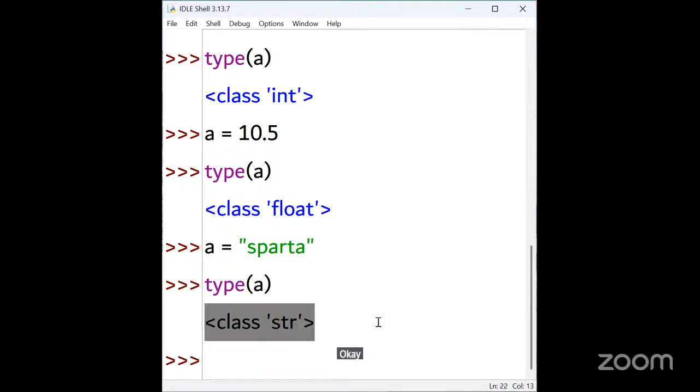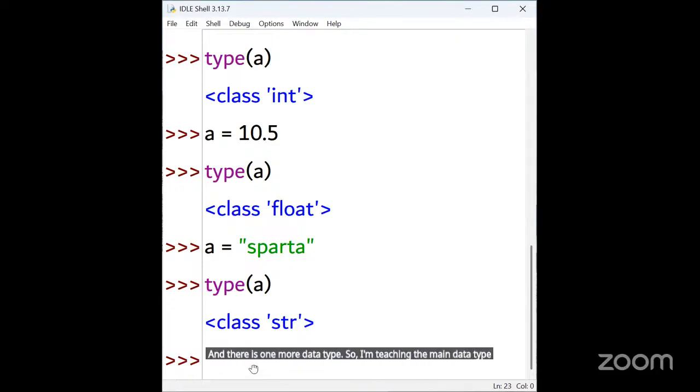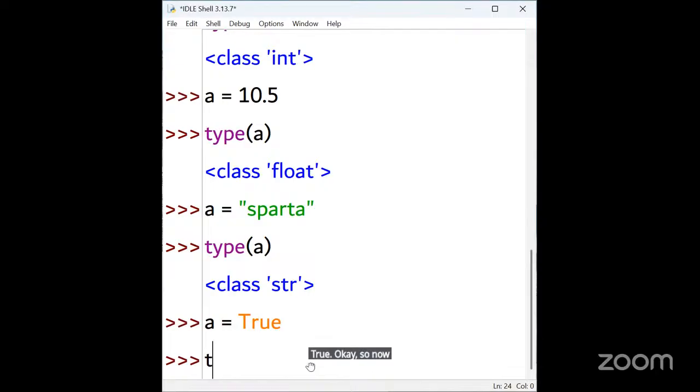And there is one more data type. I'm teaching the main data types: integer, float, string. One more data type is there, Boolean. I'm assigning A is equal to true. Now type of A. Just click on it.